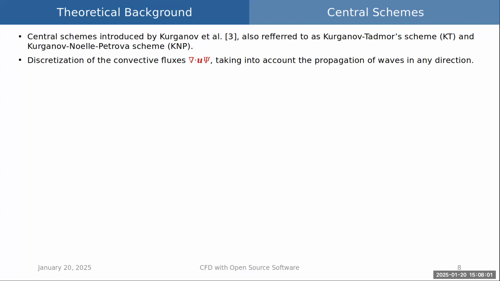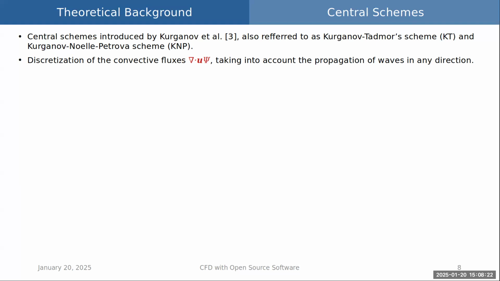In compressible flow, the information travels not only with the flow velocity, but also at the speed of sound. This means that you have to account for waves that are propagating in all directions. And the central schemes handle this by discretizing the convective fluxes by considering these wave speeds to accurately capture